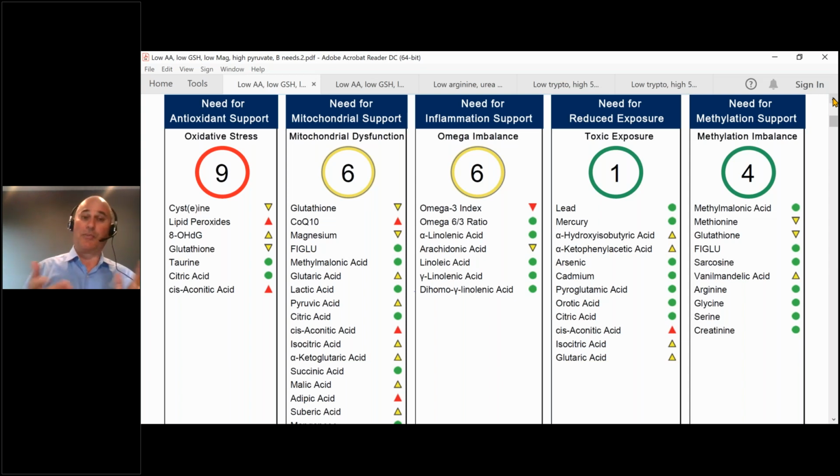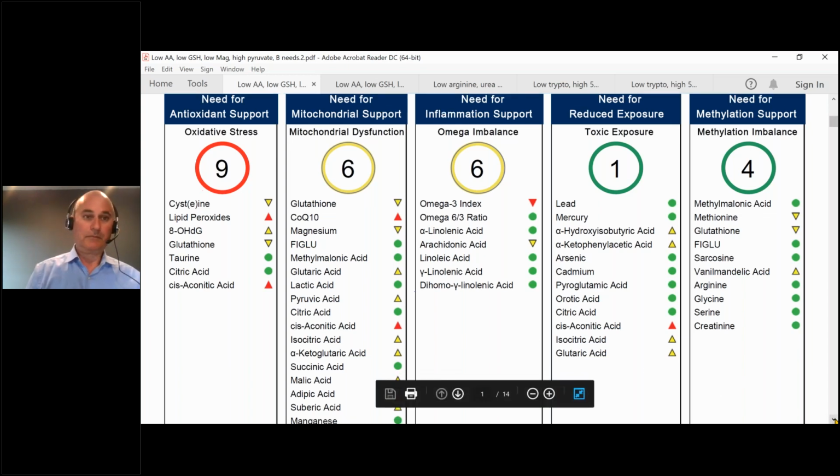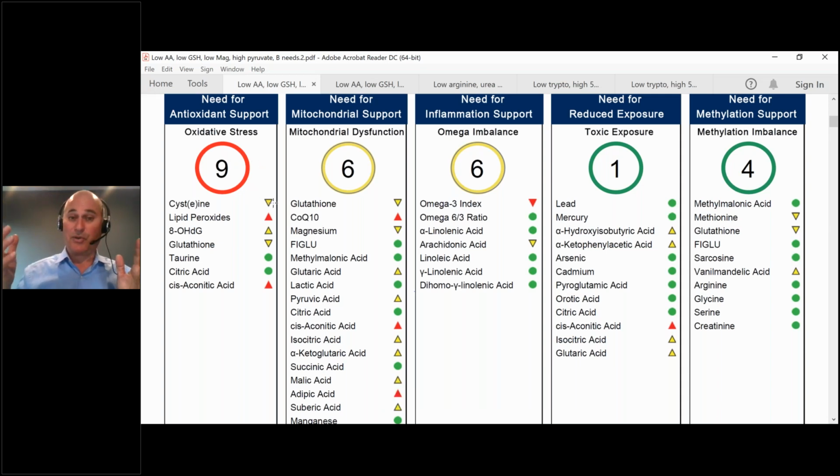And again, it could be viral, bacterial, parasitic, any kind of bug that we're talking about. It just happens to be a lot of people have this virus right now. So antioxidant support, the easiest thing to do with these labs is just look at the most important stuff first and don't worry about the more trivial things. So if it's red, it's bad. So this person has a really clear problem with oxidative stress, which fits in with everything that we were just